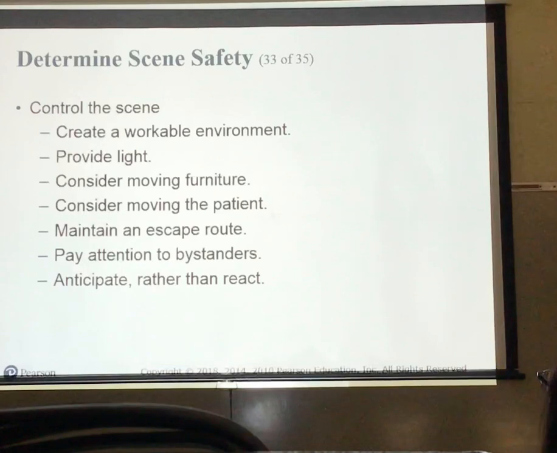You may need to move the patient to an area more conducive to patient care. Attempting to resuscitate a patient in a cramped bathroom would generally make little sense when, by moving the patient 5 feet to the bedroom, you would have plenty of space in which to work. Whenever an injury is suspected, the patient must be properly immobilized by a backboard before any movement is attempted.